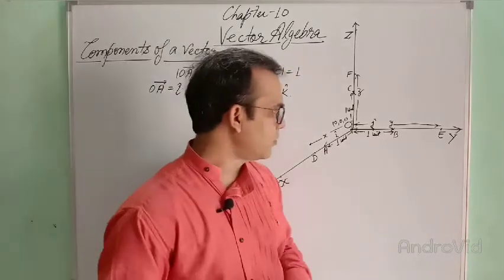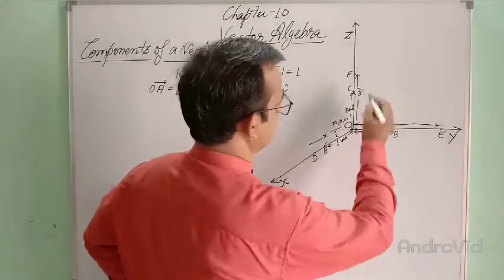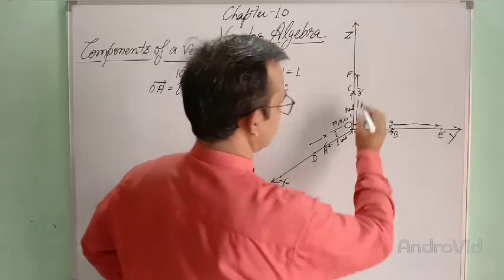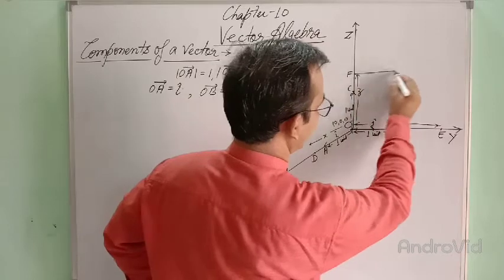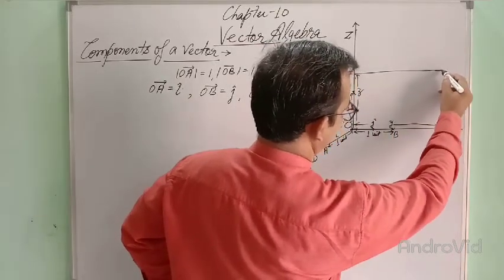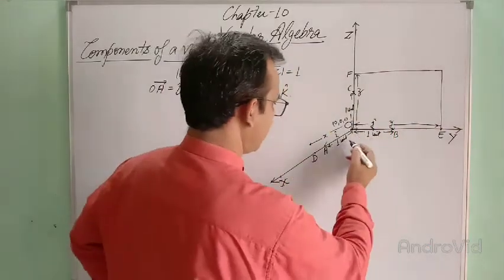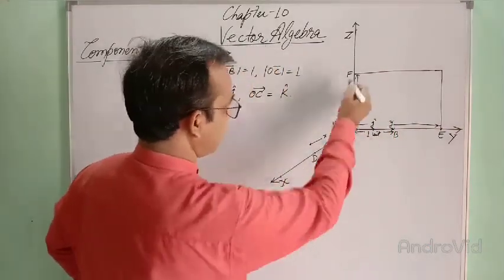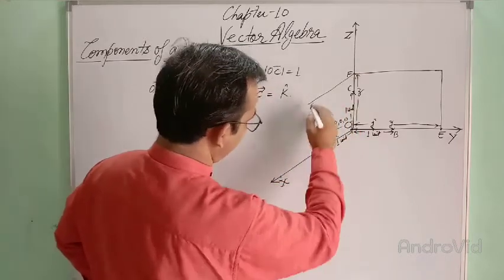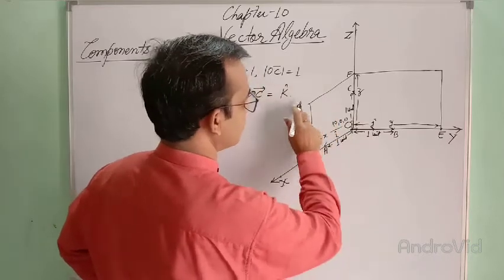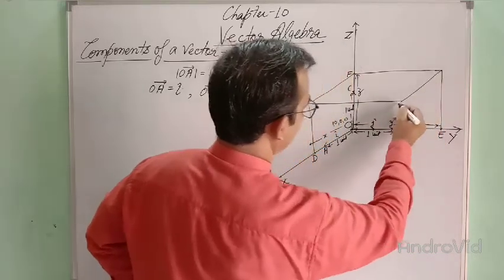Now we can locate the point P, x, y, z, where it will be. This is the distance x, this is the distance y, this is the distance z. So draw a line parallel to OE from this point F. So this is this. Now draw a line parallel to OF, and now draw a line parallel to OD passing through this F, that is this. Now draw the perpendicular here like this. So this way we can make the figure of a cuboid.